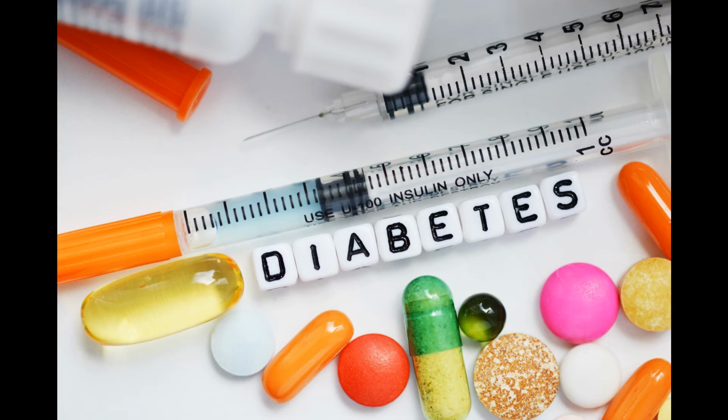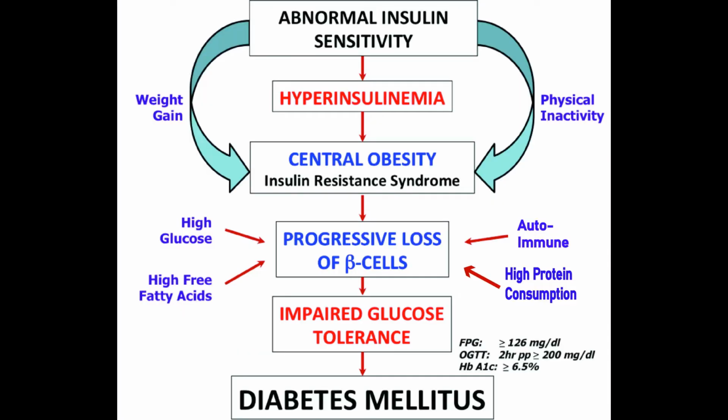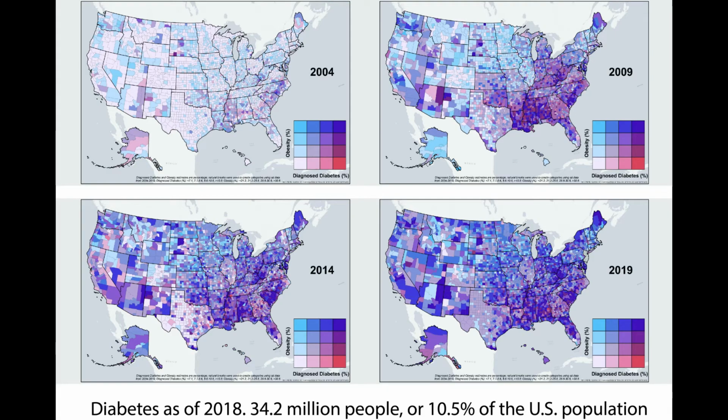The Centers for Disease Control define diabetes as a chronic, long-lasting health condition that affects how your body turns food into energy. We would add that diabetes is a systemic metabolic disorder that leads to profound pathological changes in organs and tissues. According to Google, as of 2018, 34.2 million people, or 10.5% of the US population, had diabetes. Worldwide, diabetes numbers are on the rise.